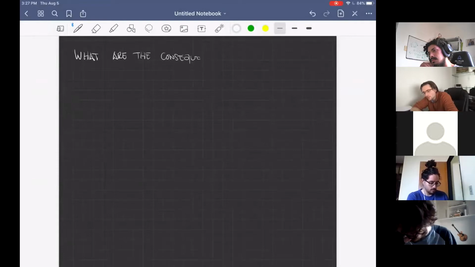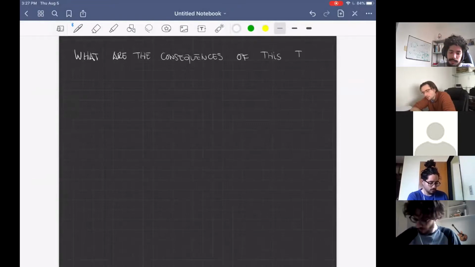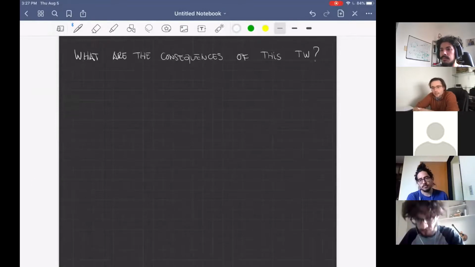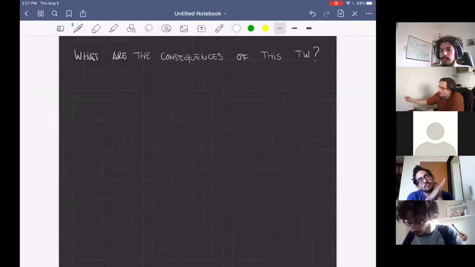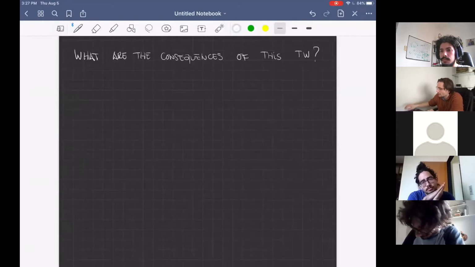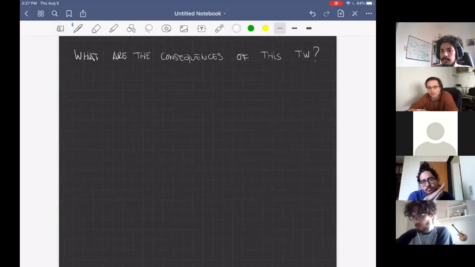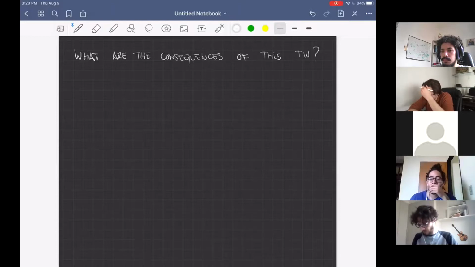The consequences of these traveling waves. And we're going to do a very simple, I would say almost even naive calculation to understand the role of these waves. So what I want to discuss next,